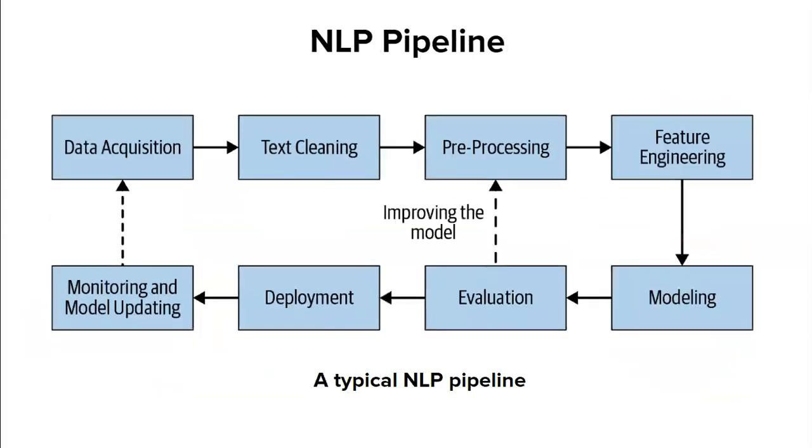The next chapter is about building an NLP pipeline. Here we first start with a discussion on the different blocks of a typical NLP pipeline, starting right from data acquisition to cleaning up and pre-processing text, extracting features, building models and evaluating them, improving the models, deploying them, and continuously updating the models. We talk about each of these blocks in detail, considering different possible use cases, and with a lot of code examples. At the same time, we also provide some practical guidelines based on our experience.